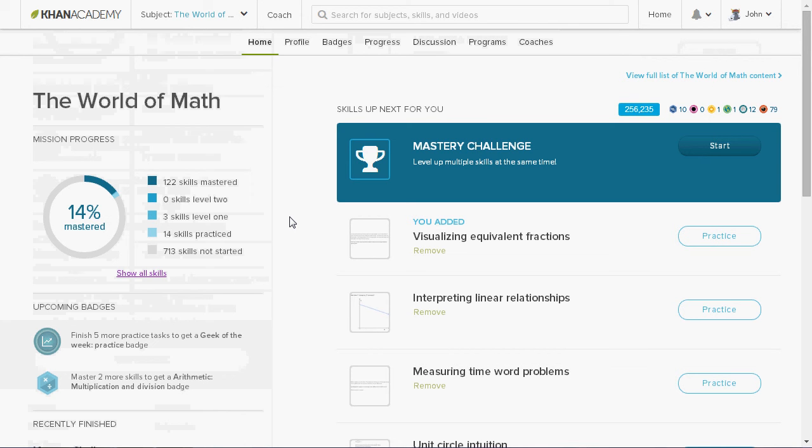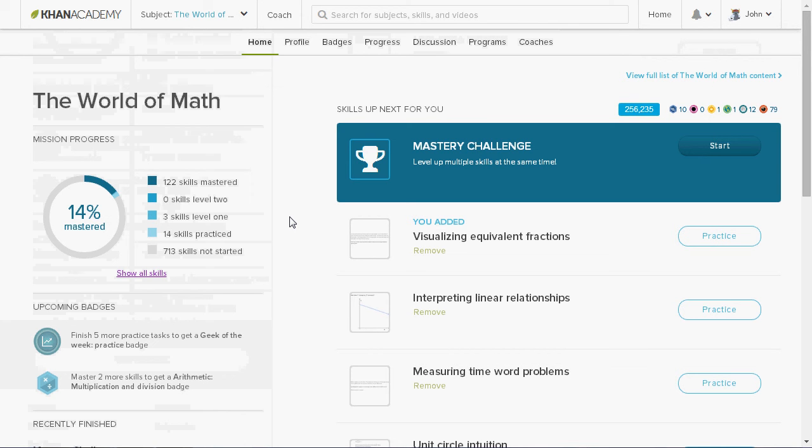I've done combining like terms, which was already mastered, but it was just double checking, because it's always good to double check that you know something, and make sure that it wasn't a fluke. So checking those things, and again, as you move down, you can see this went from practiced to mastered, because it's something that I could do, and I could do it within a specific time. I went from mastered to mastered, and then finally adding fractions went from practice to mastered, and you can see how those things go up.